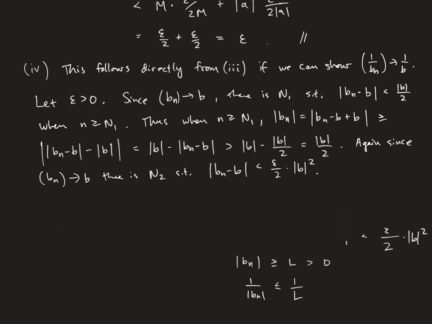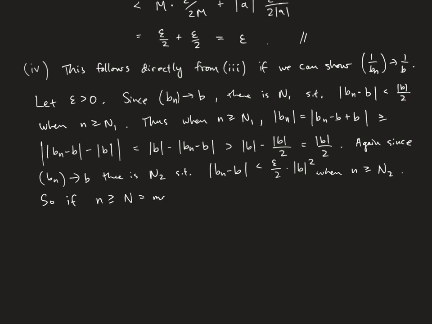Down here we finally have the information that we need. Such that when n is bigger than or equal to n2. So if n is bigger than or equal to n, which is the max of n1 and n2,